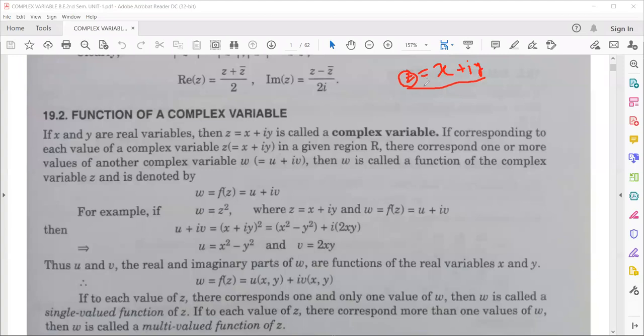What I am saying? Z is equal to x plus iy. So this is x, this is y. If I say these x and y are both variables, real values, then if the values of x and y are changing, obviously the value of z will also change. That means for every value of x and y, you are going to get one complex number. So just go on changing the values of x and y; for each value of x and y, you are going to get a new complex number.